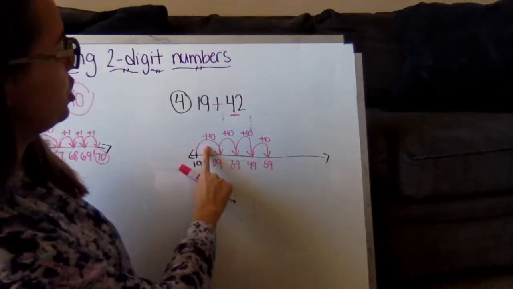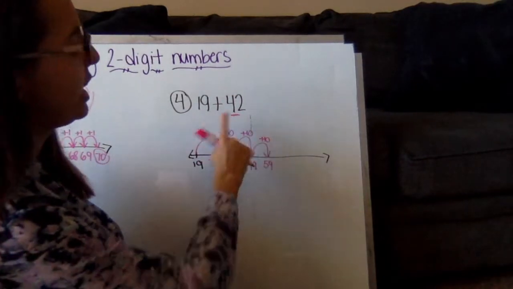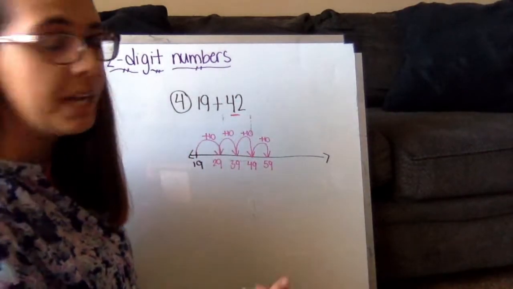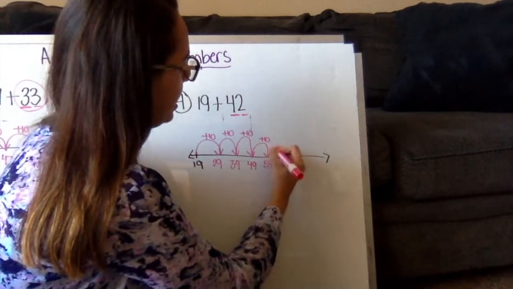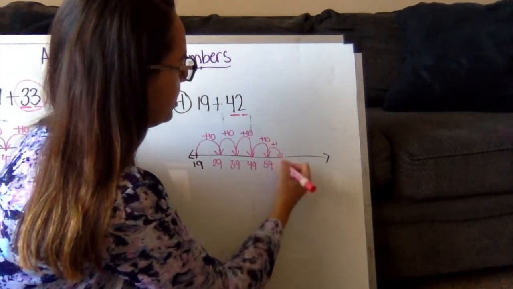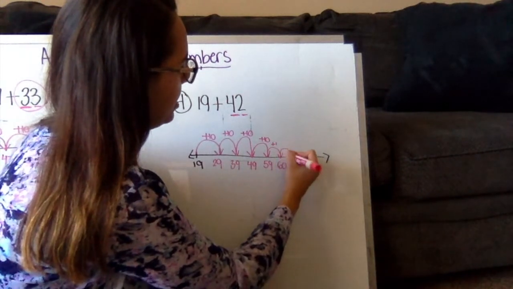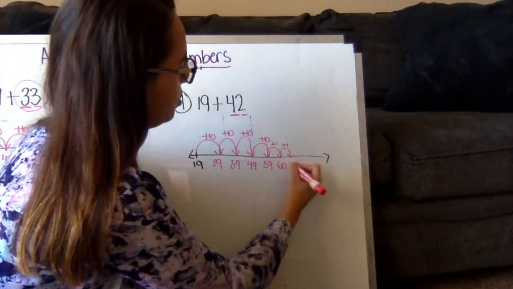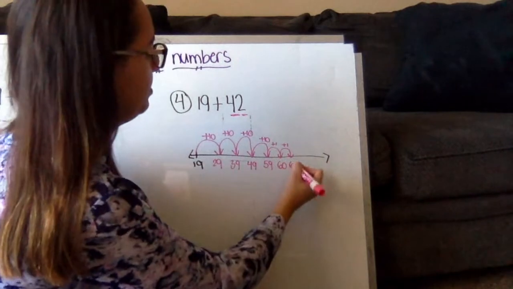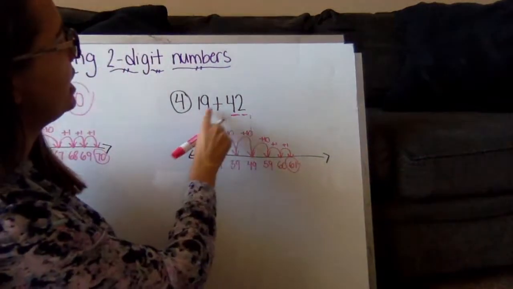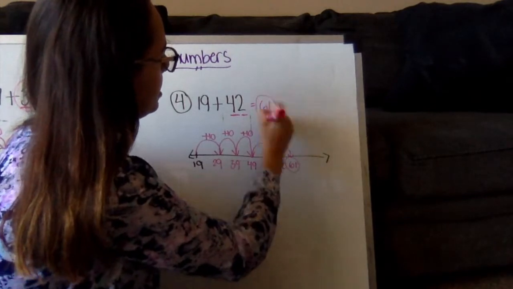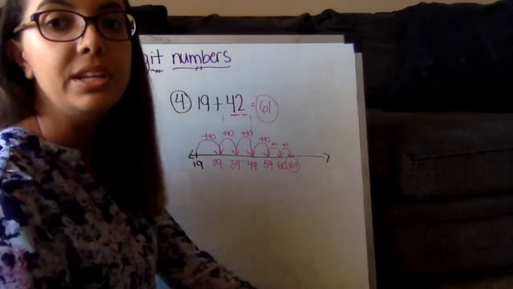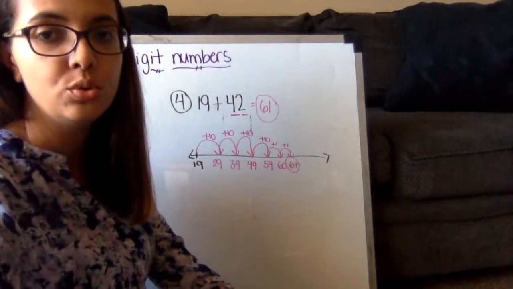Okay, so 10, 20, 30, 40. I have my 4 10s right here on the number line. And now I need my 2 1s. So I start with 59, plus 1 is 60, plus 1 more is 61. So I know that 19 plus 42 equals 61, and I used an open number line to solve that 2-digit